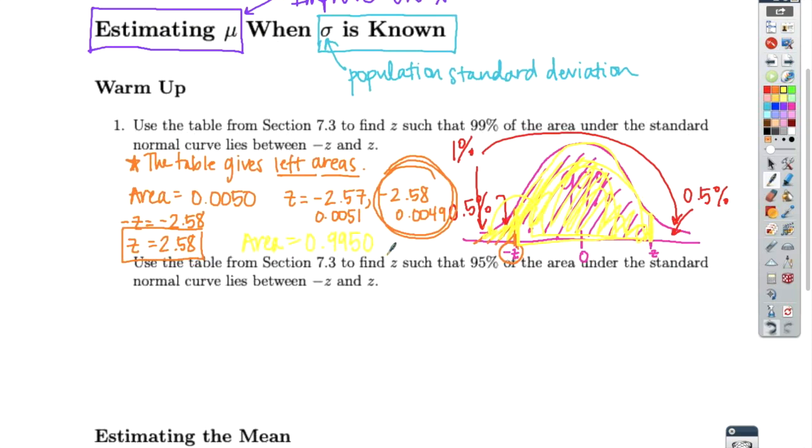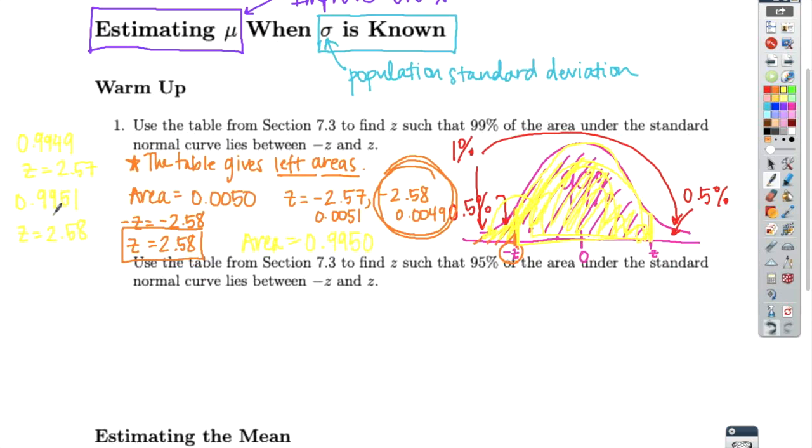So 99.5% or 0.9950 to the left. Now, again, going to my table, and I'm going to just scroll through the middle of the table looking for something that's as close to 0.9950 as possible. And again, I'm in the situation where there are two values, one on either side. So 0.9949 goes with a z-score of 2.57. And 0.9951 goes with a z-score of